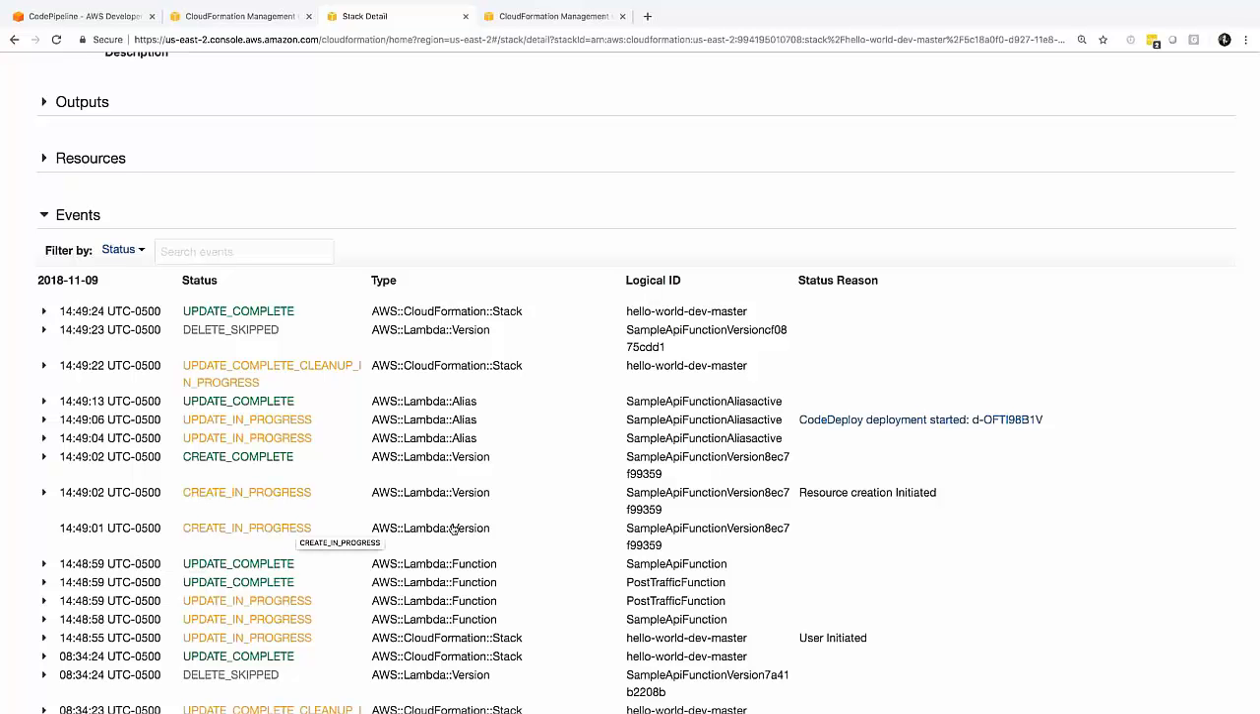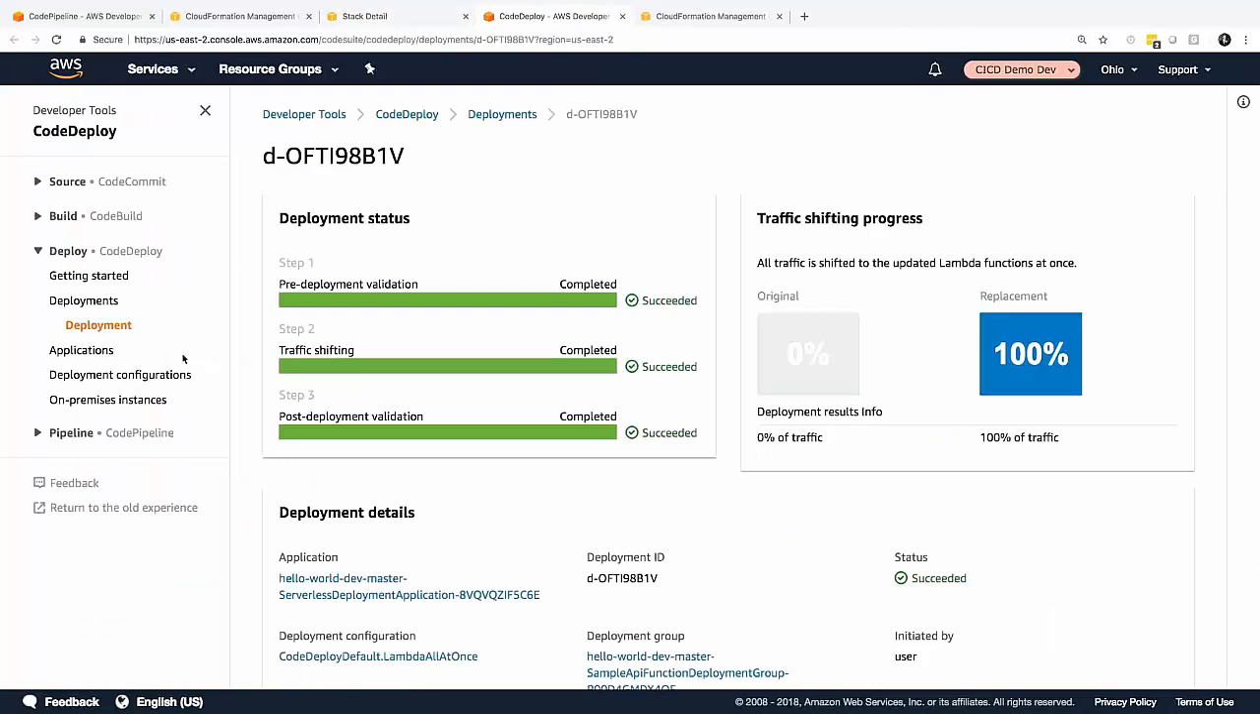It did the create of the Lambda version. It started updating that alias, but before the update of the alias finished, it launched this CodeDeploy deployment. Let's look over at what this did. The view you're seeing here now is going to look familiar to you because it's this exact same developer tools view we've been looking at for this whole hour, but our CodeDeploy is actually going to be managed here